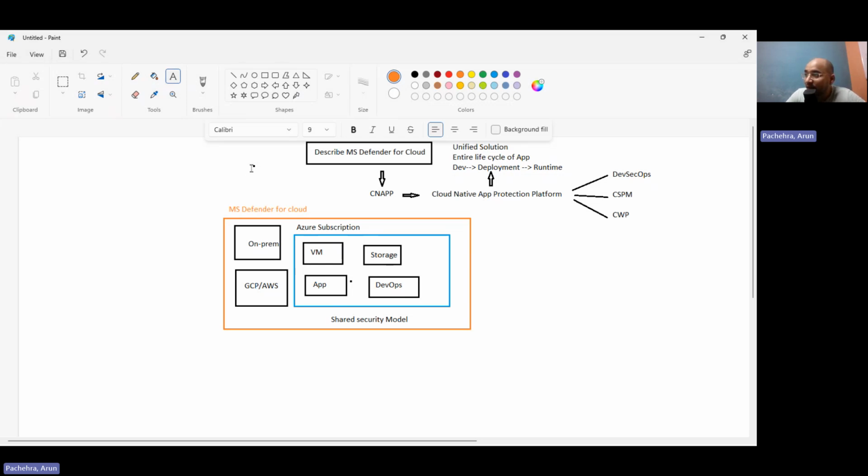So we are now good with what MS Defender for Cloud is. We can easily explain this to anyone. If somebody asks, what is MS Defender for Cloud? You can simply say it is CNAPP or Cloud Native Application Protection Platform, which has the capabilities of DevSecOps, CSPM, CWP. DevSecOps will help you secure your code and pipelines, and